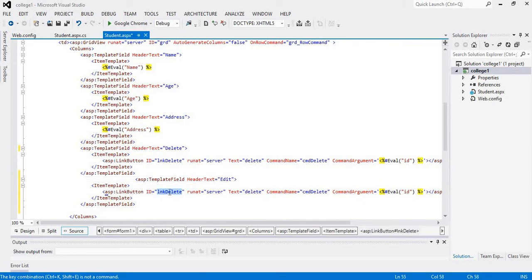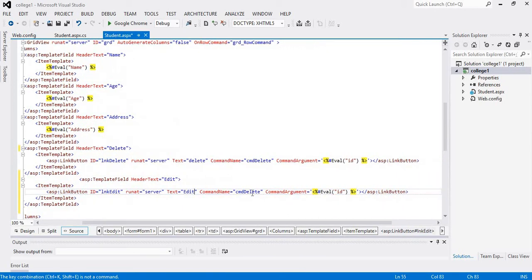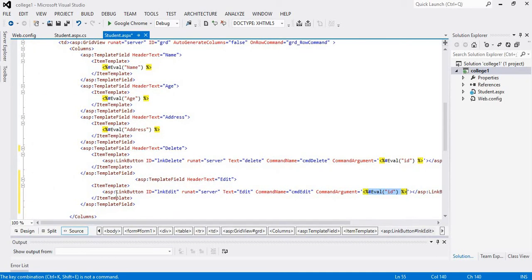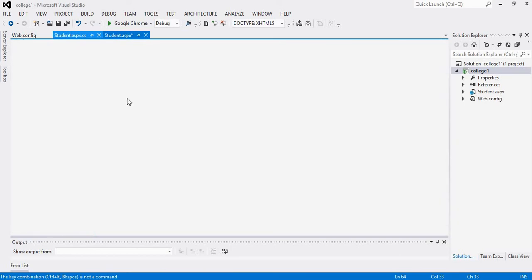Here I will write LNK edit, text will be edit. We will give the command name as cmd edit, and we also have to pass ID. The current ID will be passed with the same format as we have used above. Now writing the code for this.